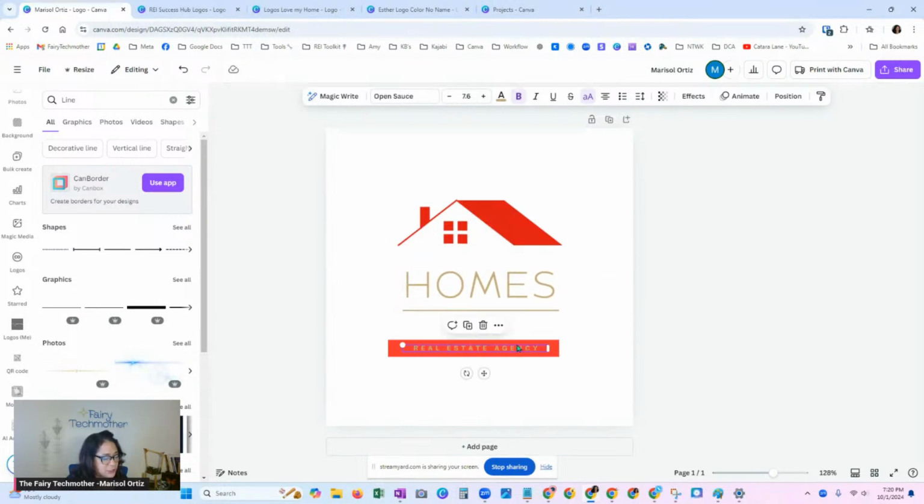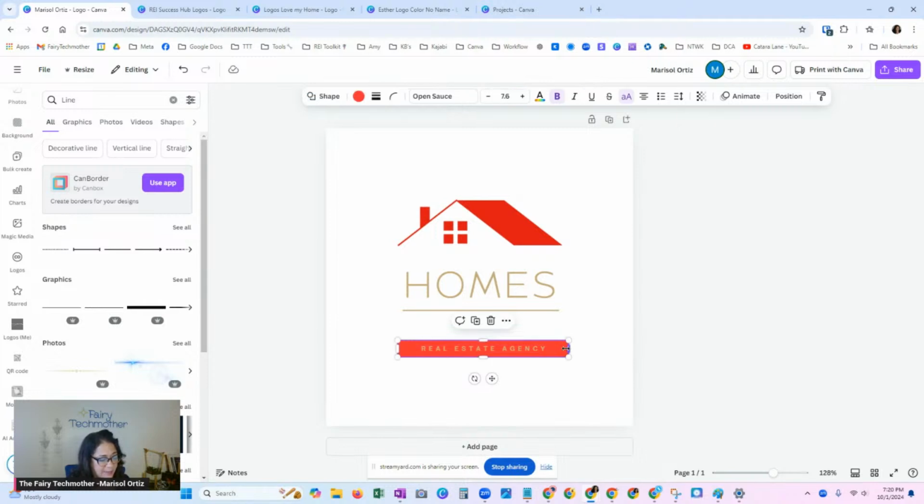Now these are two separate elements, right? And that's kind of a pain to keep moving around. So if you want to play around with the placement of elements, I'm clicking on the box. Remember, this was just a square shape I manipulated into a rectangle.